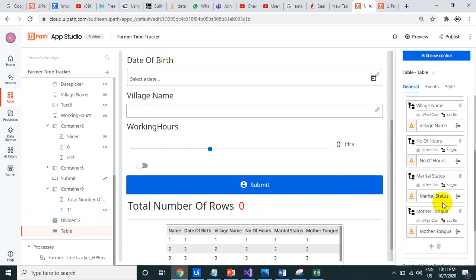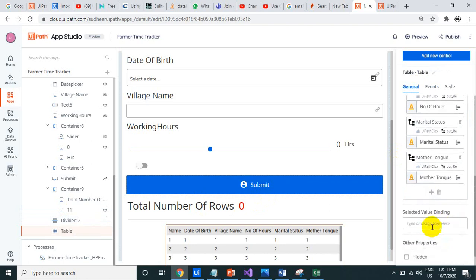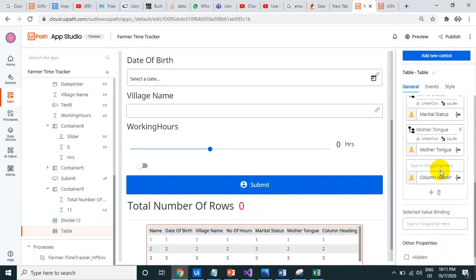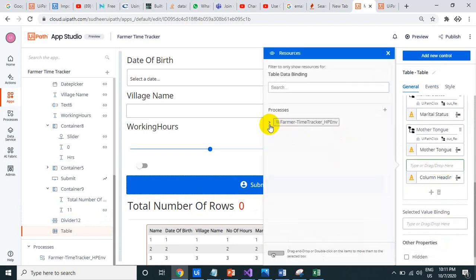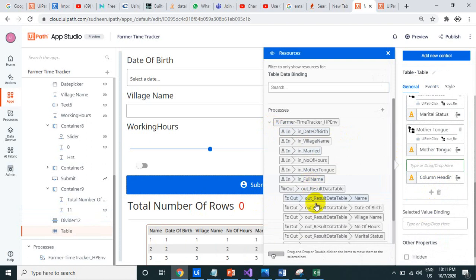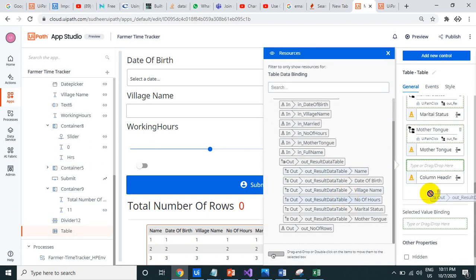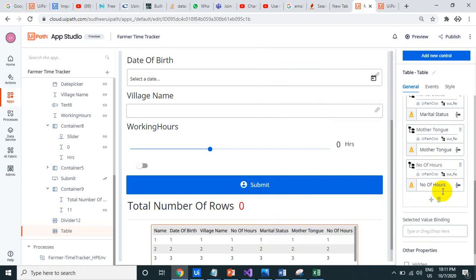If you click on the plus button, you can expand all the things under the data table, and simply drag and drop here. Okay, I'm just deleting this one. Got it. Number of hours.